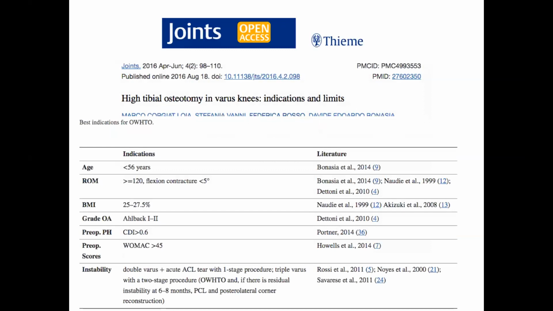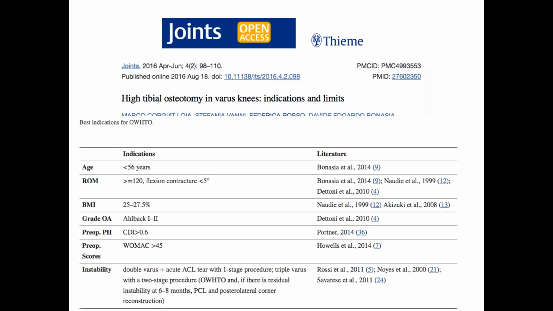Regarding the indication, in a systematic study the age limit is less than 56 years, knee flexion should be more than 120 degrees, flexion contraction should be less than 5 degrees, BMI is 25 to 27.5, OA grade 1 to grade 3, and the pre-operative WOMAC score should be more than 45. And regarding instability, if it is a patient with acute ACL tear with double varus,